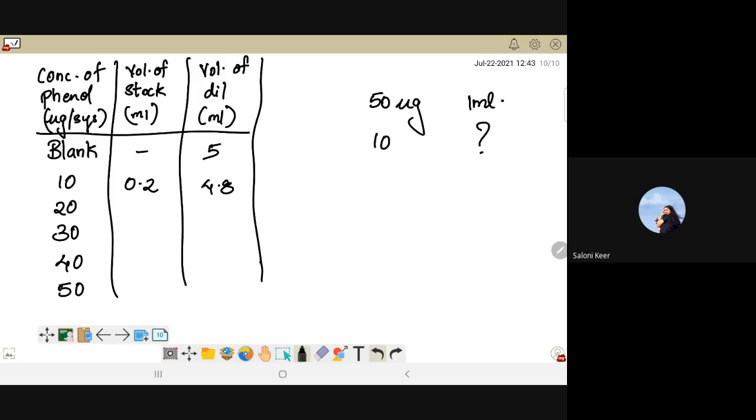So still, how do we calculate this? It's a simple cross multiplication. You're not doing RT by G here. 1 ml has 50 micrograms. So how much ml should I add such that my tube contains 10 micrograms? Whatever may be the system volume, we don't care, because in that entire tube I need to have 10 micrograms. So it's a simple cross multiplication which gives you 10 by 50, which is 1 by 5, that's 0.2 ml.